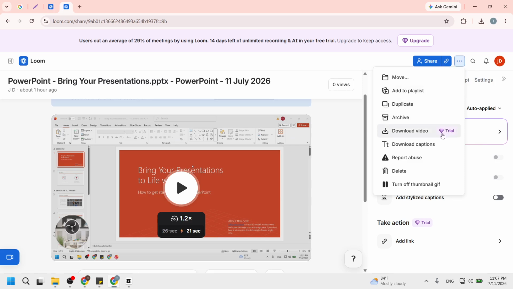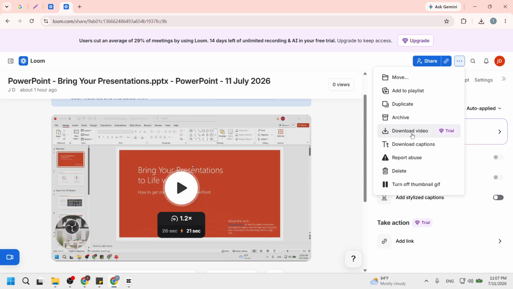Finally, select Download from the drop-down menu. Your video will download as an MP4 file. This step is the culmination of your efforts and ensures that you have a copy of your video saved on your device. After you click Download, you might see a progress bar indicating the download status. Once the download is complete, you will have your video ready to view anytime, making this whole process worthwhile.